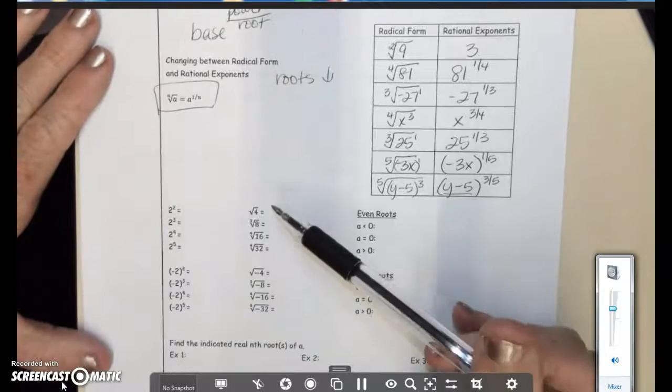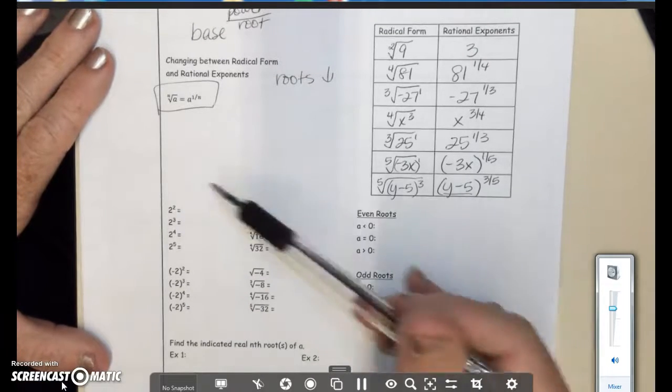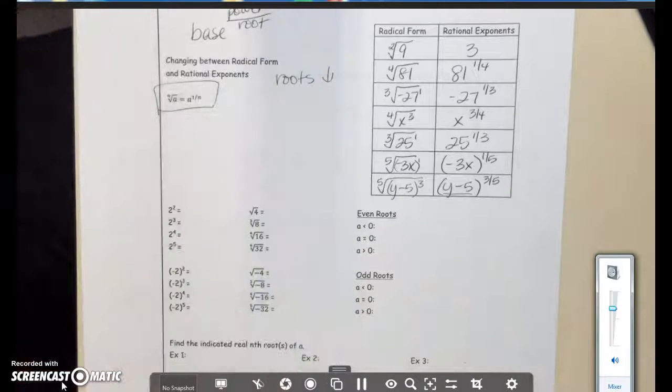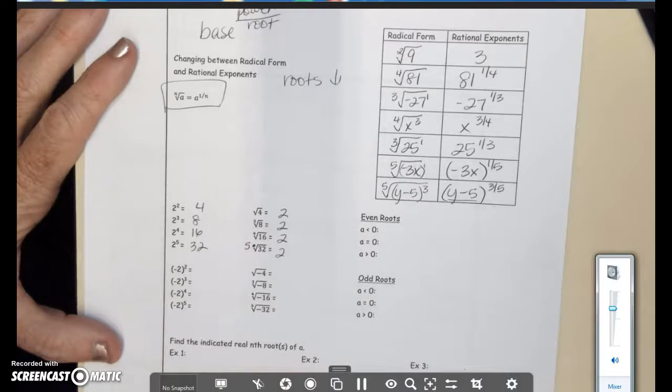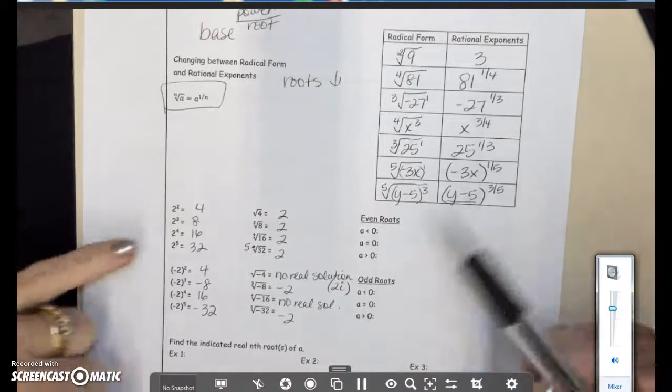Okay, so quickly I would like you to go through and see if you can fill in this chart here. Come back and check your answers. And there is one little correction. This should be the 5th root of 32, not the 4th. Okay, so now that you've got your answers filled in there,